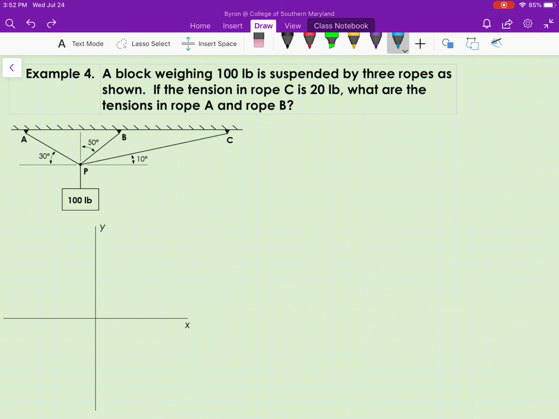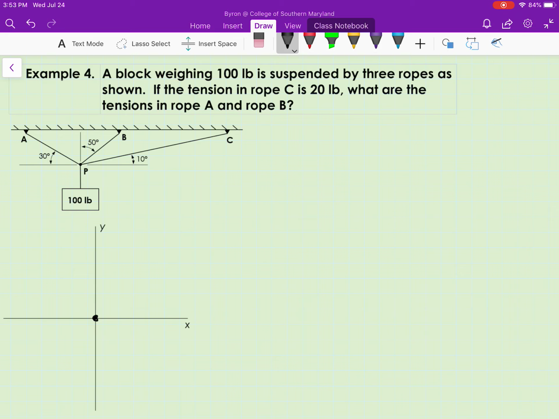Okay, so the first thing we'll do is set up our coordinate system, XY, and we will draw a free body diagram of point P. Put that at the center. And let's start with rope C. So we're going to cut P away from its surroundings, which are rope C, rope B, rope A, and then the 100-pound weight. So we'll start with rope C,